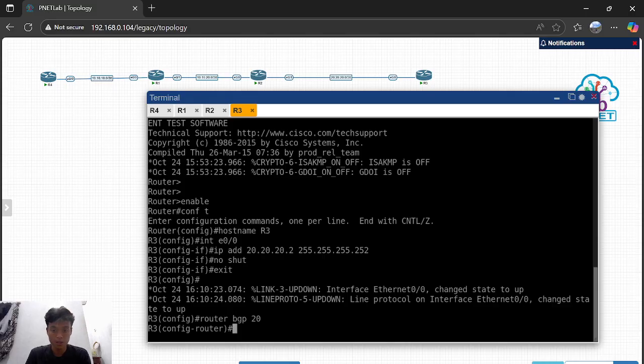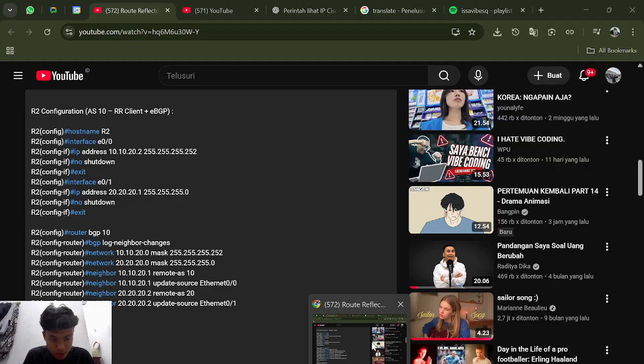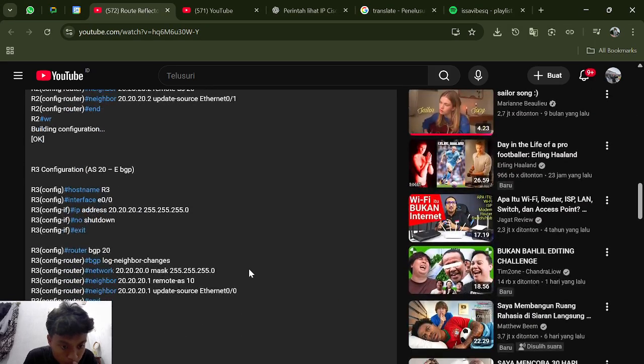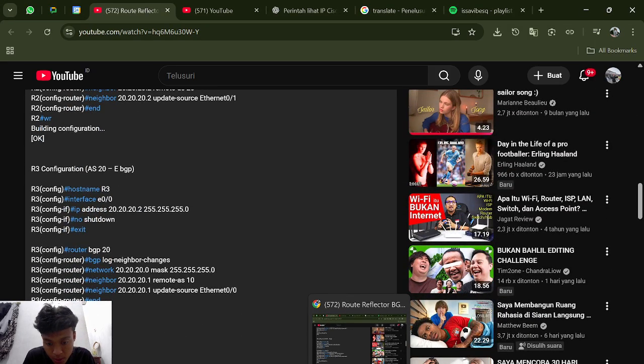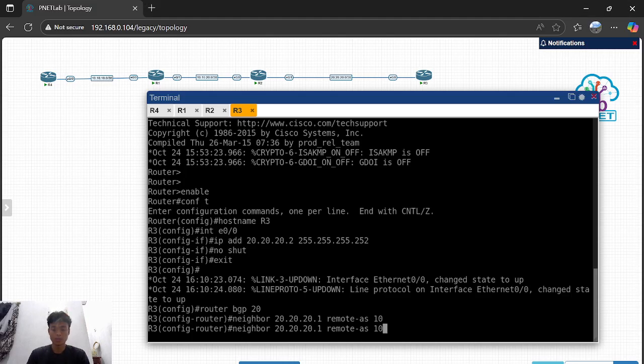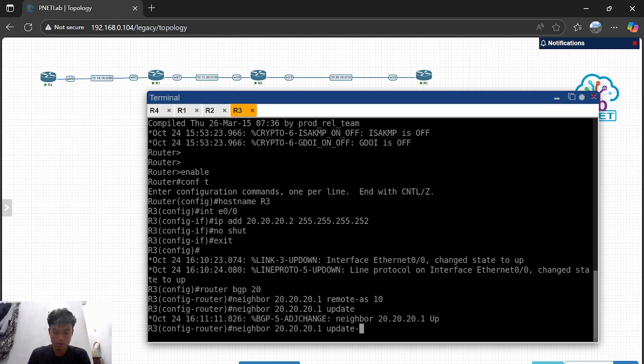We add the neighbor with remote AS 10, not AS 10 guys, and then with update source E0/0.